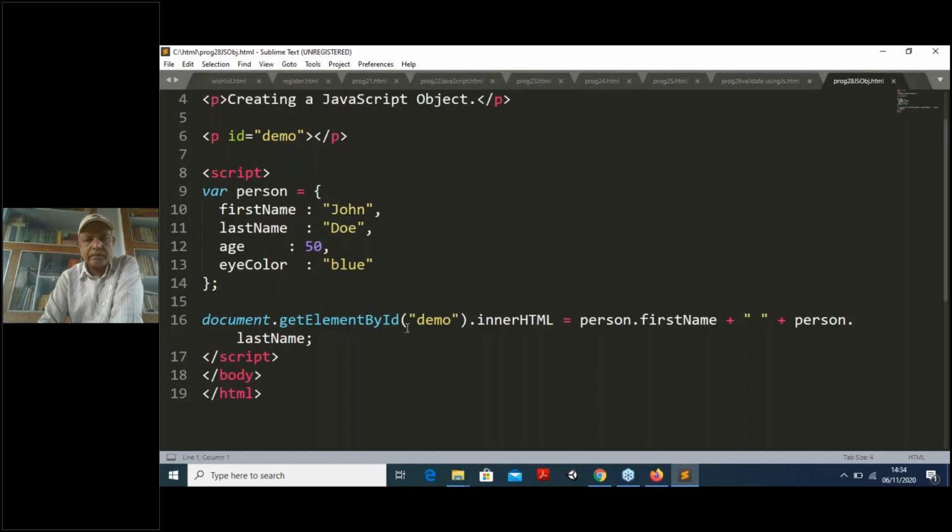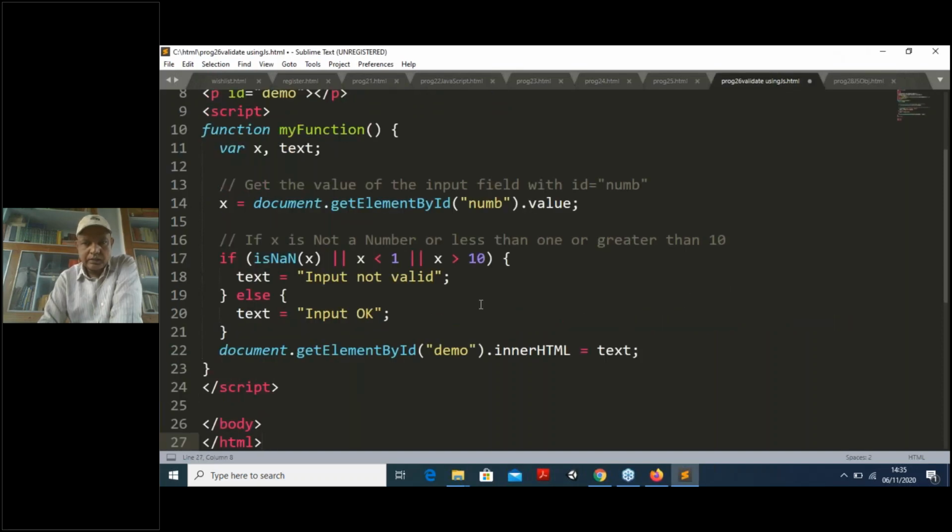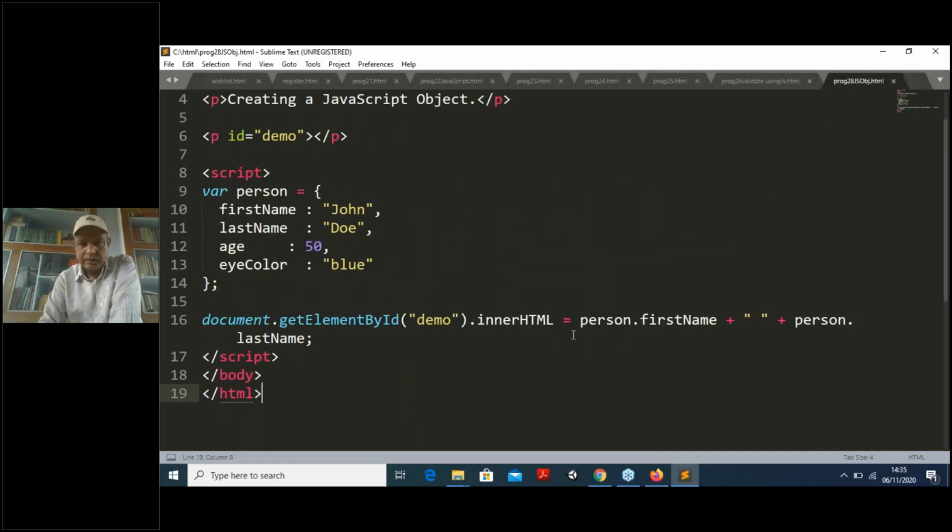Now document.getElementById. So I created this ID equal to demo here, using this dot innerHTML, and what I created here, I created the variable person just like the object I am creating. I created this person here. So I am using equal to person dot first name plus I am putting a space here also. I minimize this thing. Sorry. So person dot first name, I'm just keeping a blank space here. Then person dot last name. That means I want to write the full name.